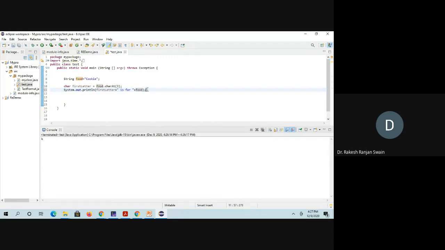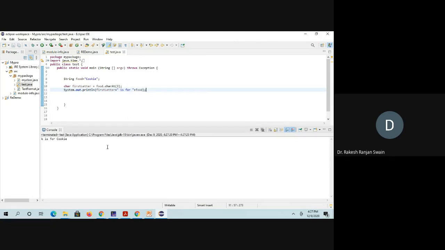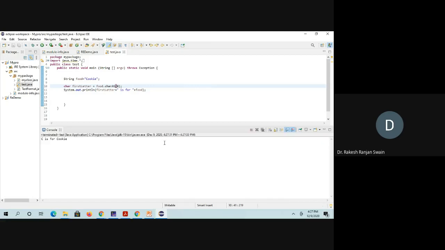Just like I print it, it will become like this: K is for cookie. Or if you give 0, it will print like this: C is for cookie. Okay, so in this way you can check it. The string is the whole word, and charAt returns the character at a particular position.